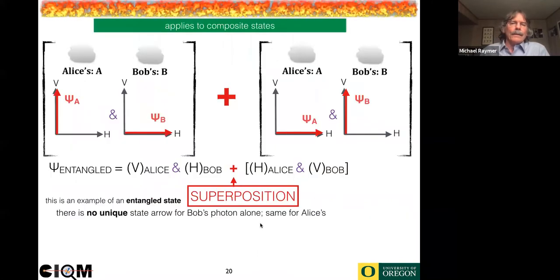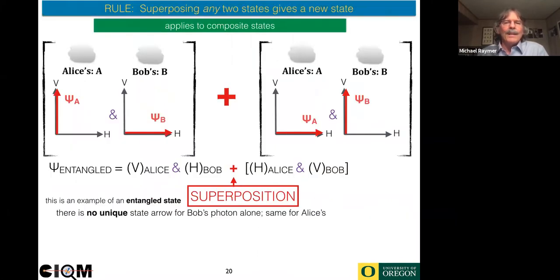All right. So the claiming statement is that in quantum physics, superposing any two states always gives a new state, which is a possible state that could be made in the world. Now that's kind of like a cat is dead and alive, right? The dead state plus the alive state. Well, of course, that's silly because it doesn't apply to cats. So the whole Schrodinger cat thing is kind of silly. But it does apply to electrons and photons. So here's the example for photons.